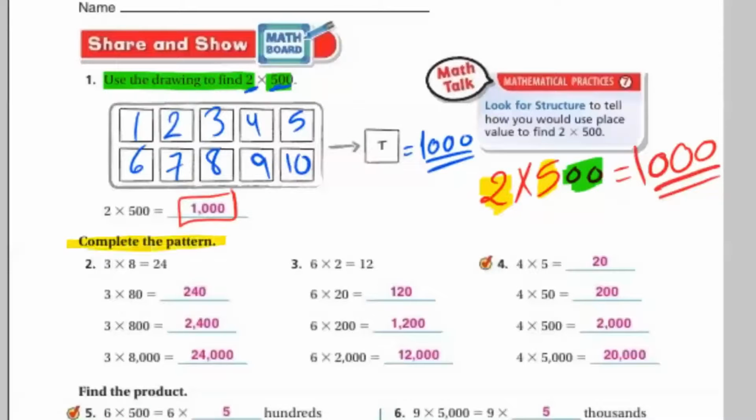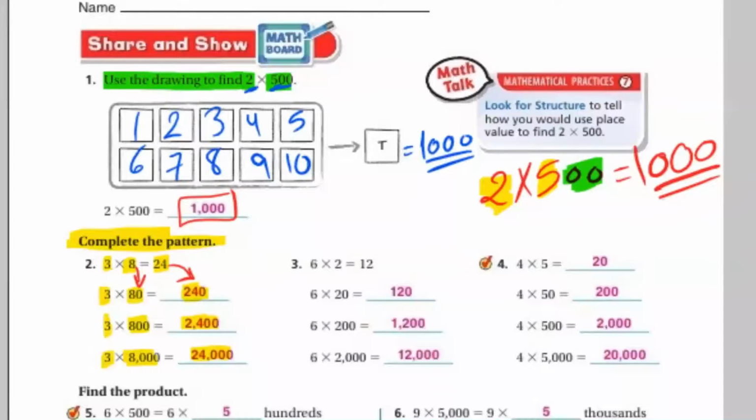Complete the pattern. Let's complete the pattern here. 3 multiplied by 8 equals 24. And 3 multiplied by 80 equals 240. So we add 0 here. Let's add 0 in the answer as well. Okay, let's continue the pattern. 3 multiplied by 800, we have 2 zeros, so put the 2 zeros in the answer here. It will be 2400. 3 multiplied by 8000 equals